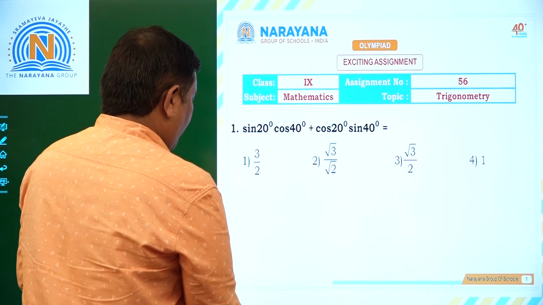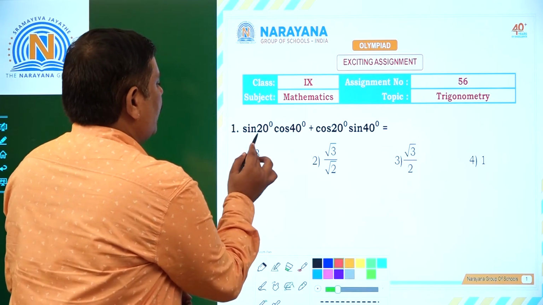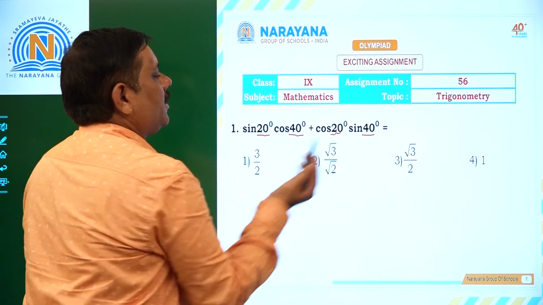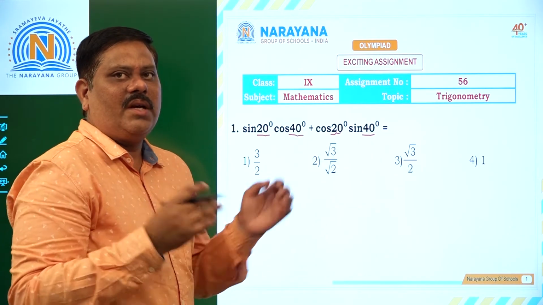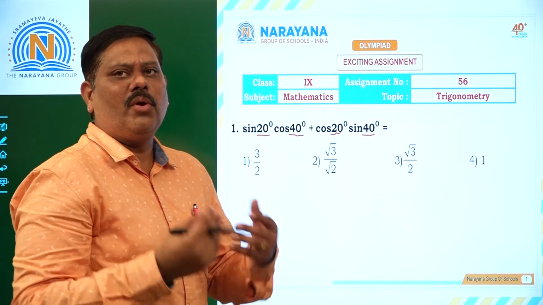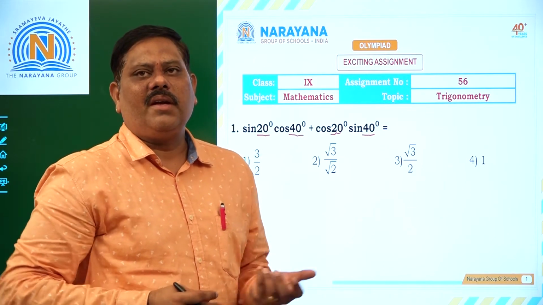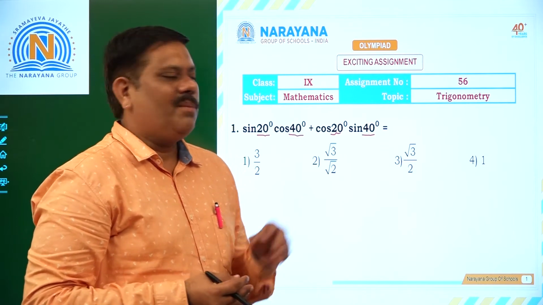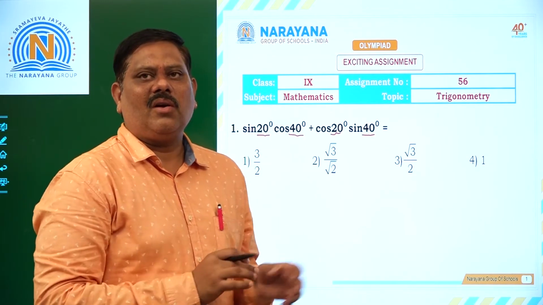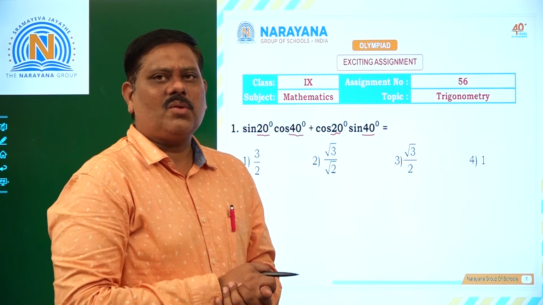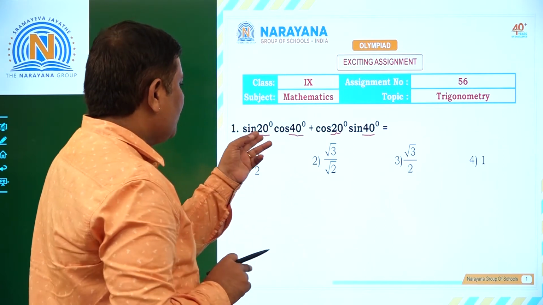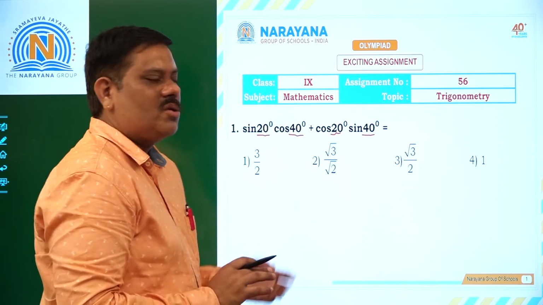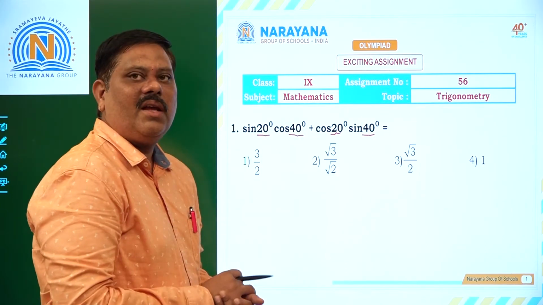Of course, if you observe the angles over here, it is 20 degrees, 40 degrees, again 20 degrees and 40 degrees. We exactly don't know what sin 20 degrees is. We were knowing sin 0 degrees, 15 degrees, 30 degrees, 60 degrees, 45 degrees, 90 degrees. But 20, 40, these all are not commonly known angles. So what to do? Instead of finding what is sin 20 degrees, we can make use of one formula here so that we get the resultant answer very easily.